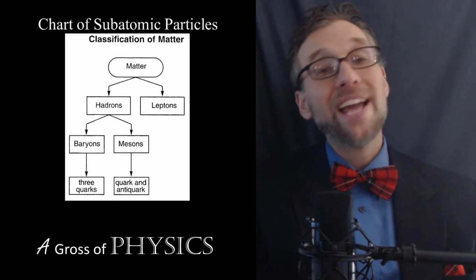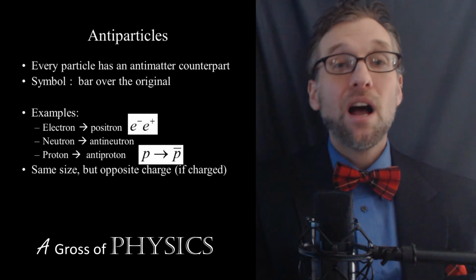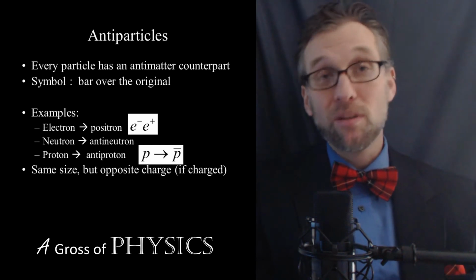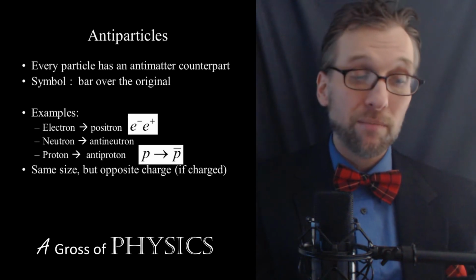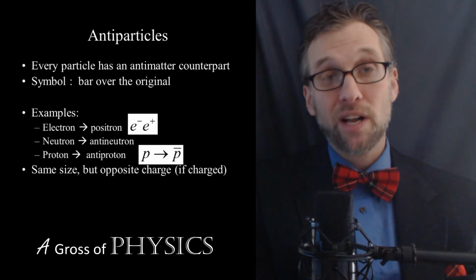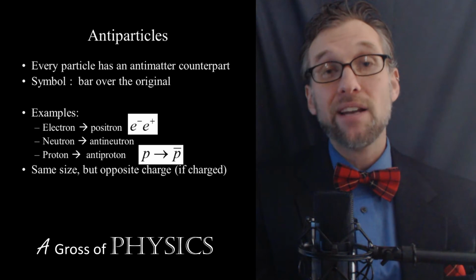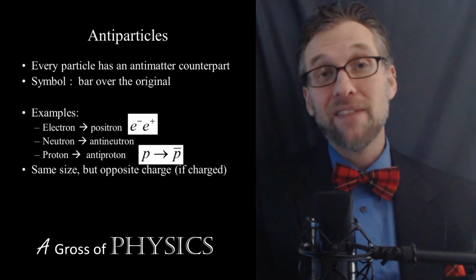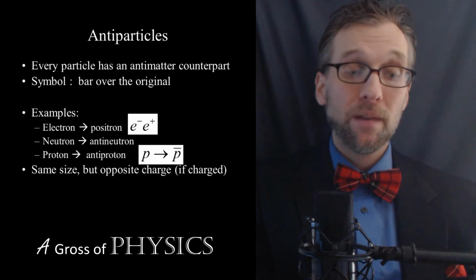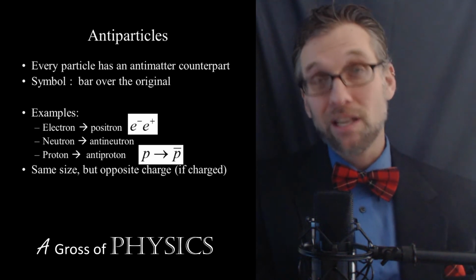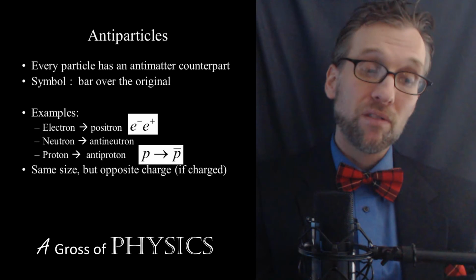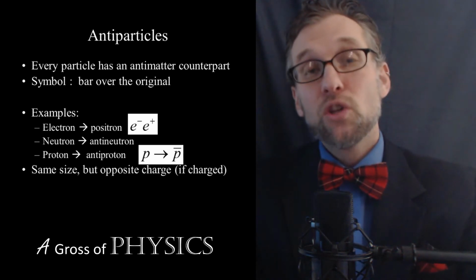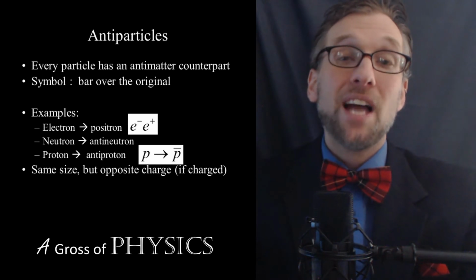Now, like I said before, antiparticles exist. Every particle has an antiparticle, which is antimatter. The symbol is the bar over top of the original symbol. So electrons have positrons. So instead of an e with a negative sign, it's an e with a positive sign. A neutron has an antineutron. Instead of an n, it's an n with a bar over it. The proton has an antiproton. Instead of a p, it's a p with a bar over it. They're the same size, but just opposite charge. So each particle has an antiparticle